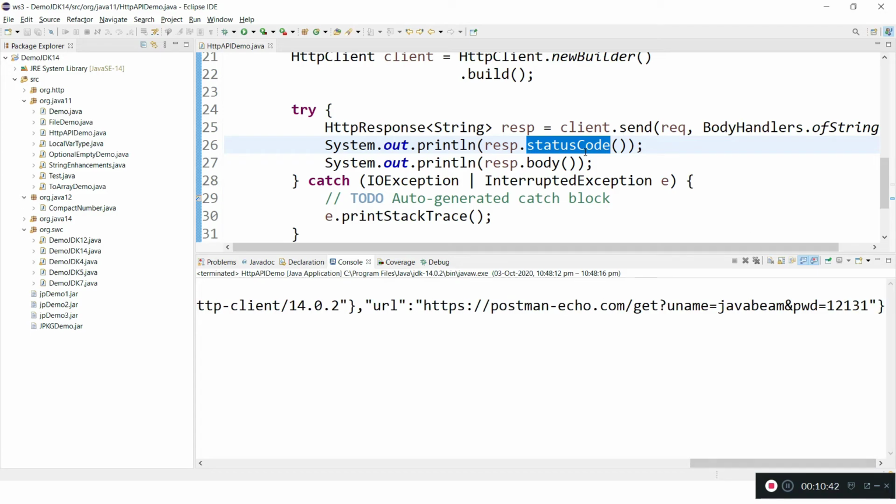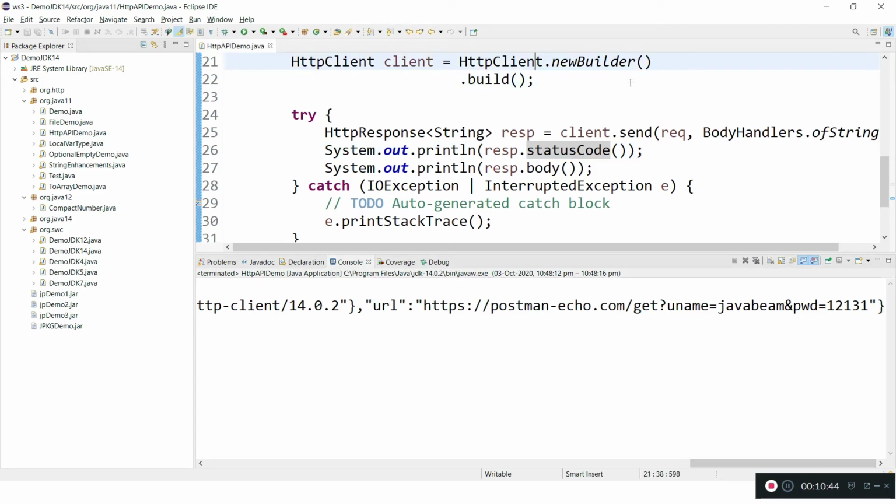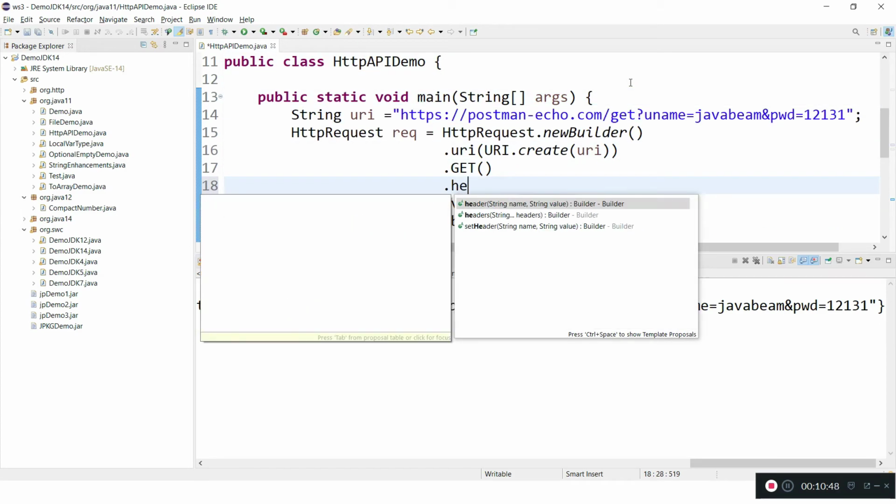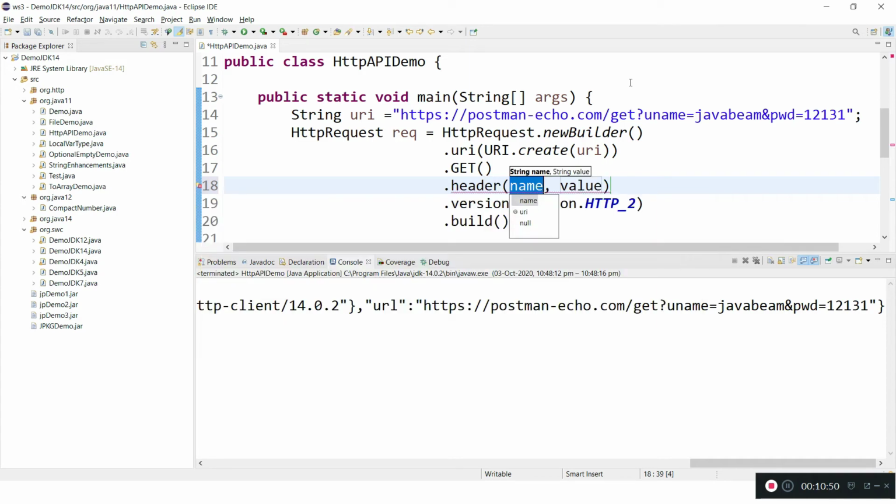If you want, you can set headers, and as part of the header you can also set the data, like headers. Here header, whatever you can set, but that is not important. This is how we can send a request from client to server using the new HTTP API.